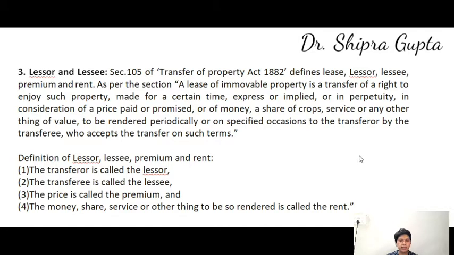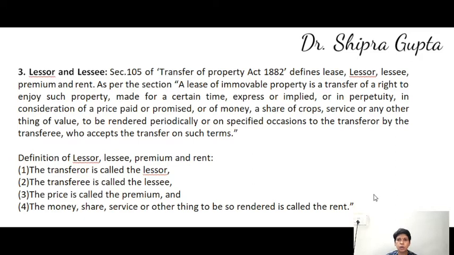Definition of lessor, lessee, premium and rent. The transferor is called the lessor and the transferee is called the lessee. The price is called the premium, and the money, share, service or other thing to be so rendered is called the rent. It means, suppose a